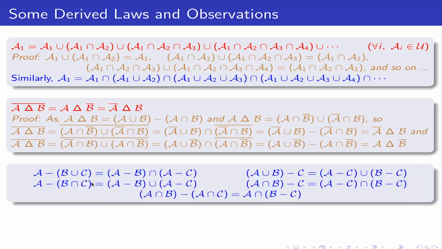Similarly, you can also prove this particular statement. A minus B union C is distributive over this, where union changes to intersection. Similarly, intersection is distributed over minus. Union gets this minus after, which gets distributed over the union and intersections in this way. All of this I leave to you to prove, as I showed two of the cases earlier. I leave the rest to you to prove.